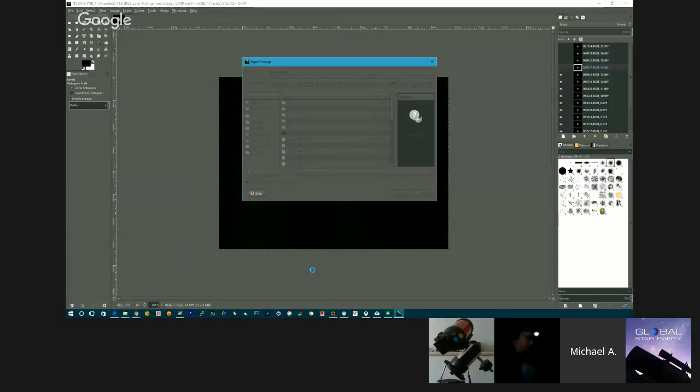So we were trying to render a GIF as an 8-bit file format, and these are 16-bit TIFFs, so I had to change it down. So as it exports here,